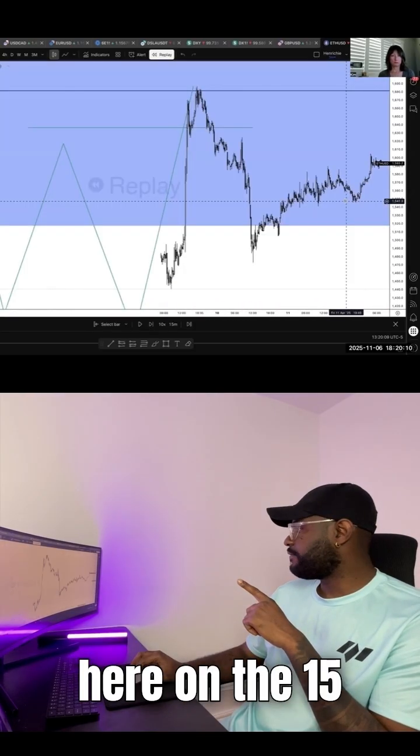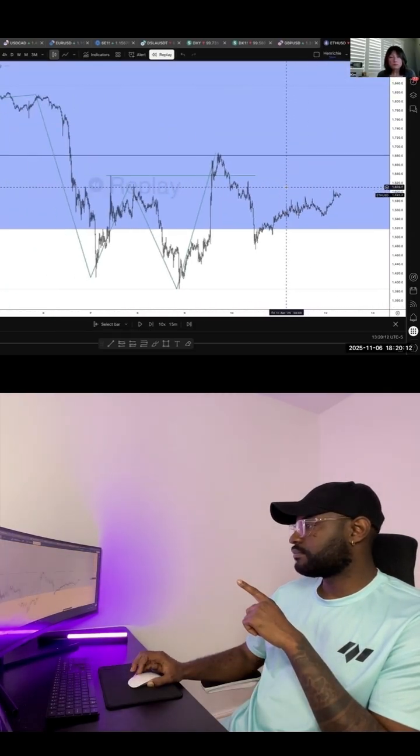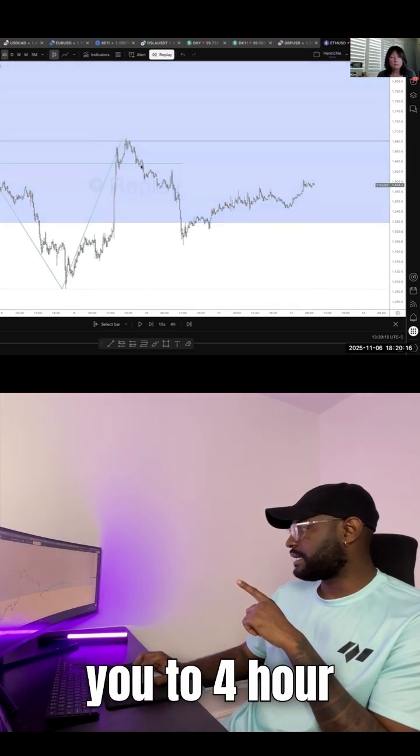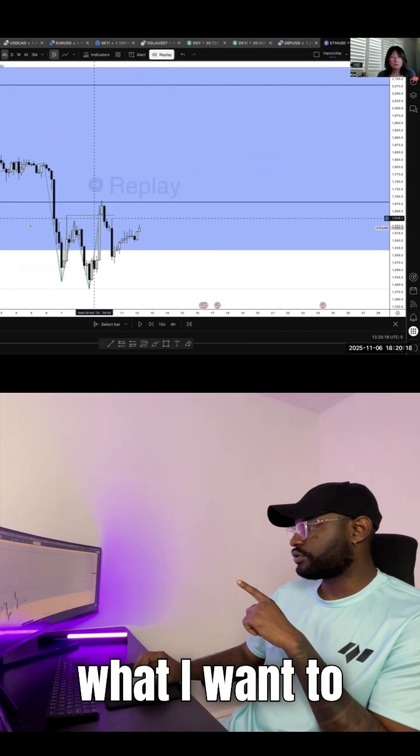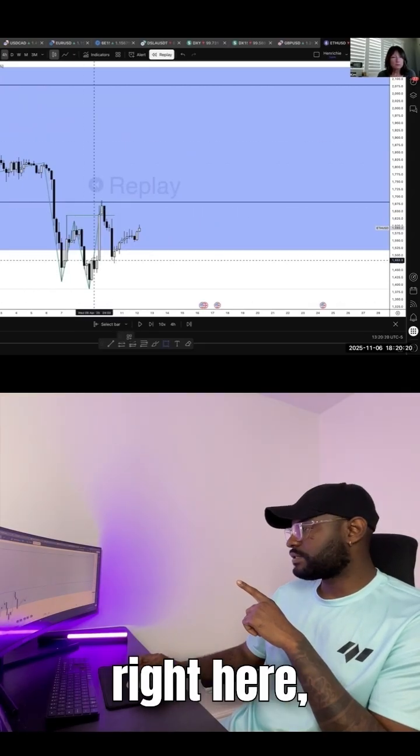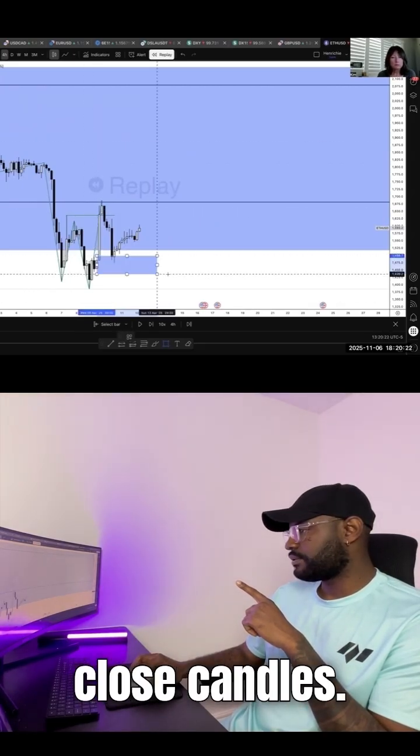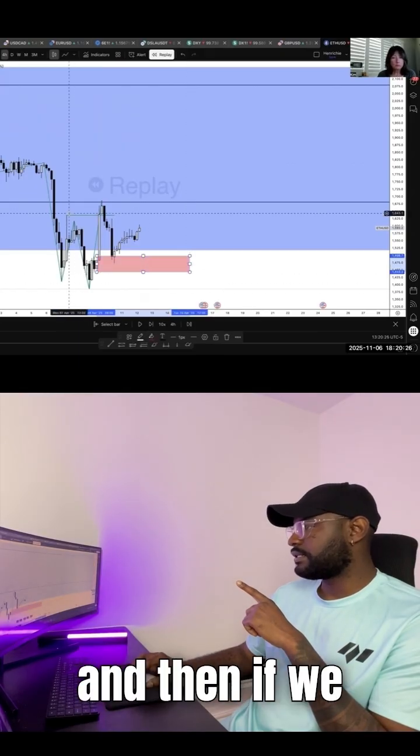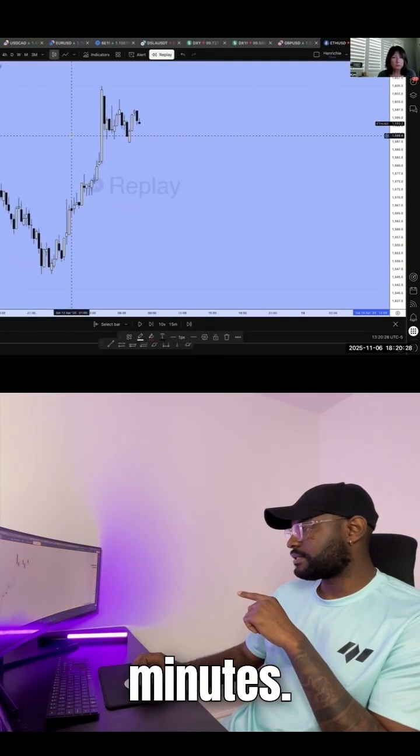You can see right here on the 15 minutes time frame. So let me take it to 4-hour and mark that zone so you can see what I want to show you. So right here, this was the last down close candles. I'll make this green or red. And then if we go to 15 minutes,